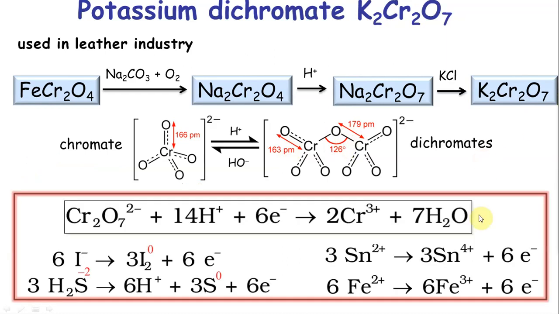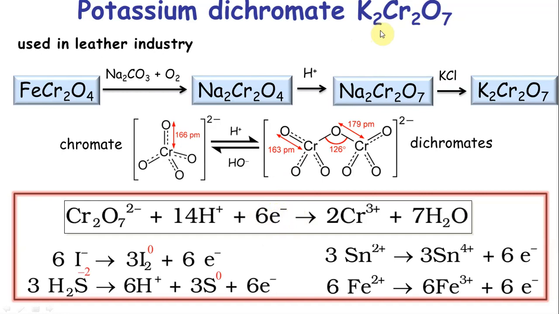When it comes to dichromate, this is what is extremely important to you guys. The reactions of dichromate, be it acidic or alkaline, will also have the same change in oxidation numbers. Dichromate gives you Cr3 plus. This is the only thing that you want to remember. Because there are 2 chromium in dichromate, this is a 6 electron process. Plus 6 oxidation number goes to plus 3. So this is 6 electrons. This is what you want to remember.